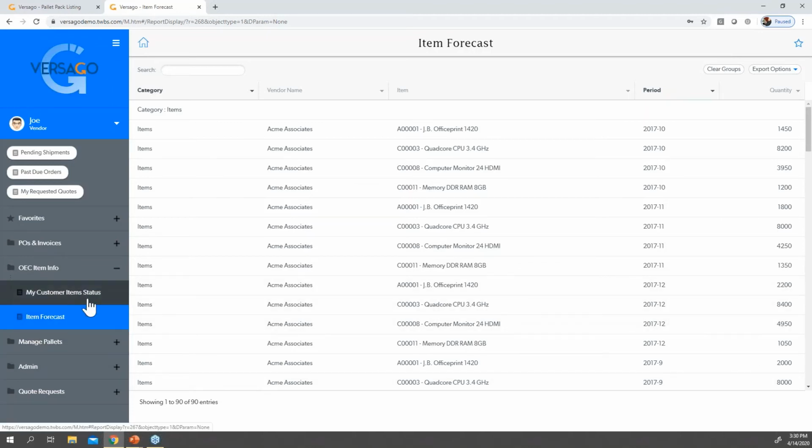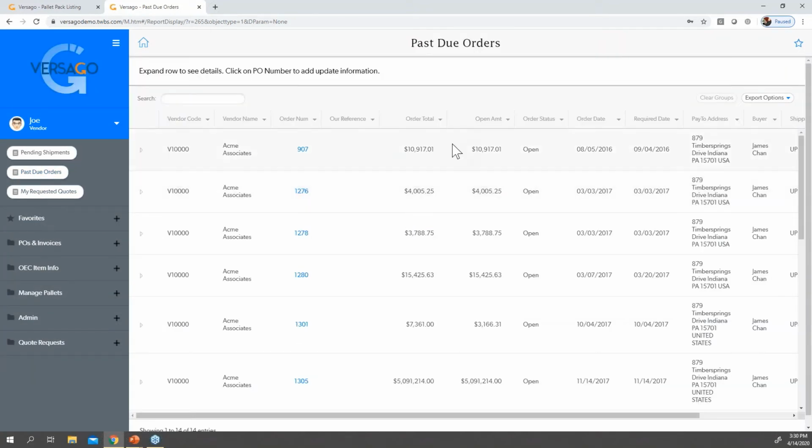And what that allows the vendor to do is make their own decision of, I'm going to make 3,000 of these items because I'm likely going to get a purchase order for them, or I know that we can sell those. So this allows the vendor to make some of those decisions if there's some downtime and they want to manufacture some goods. It just keeps the supply chain moving a little bit tighter. Here's what's late for me.